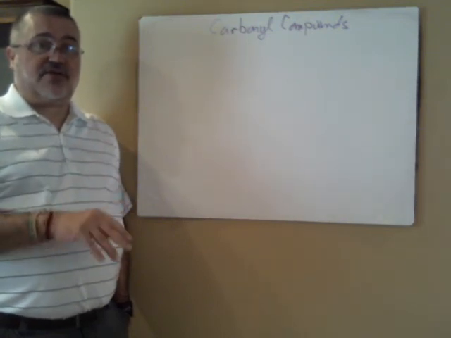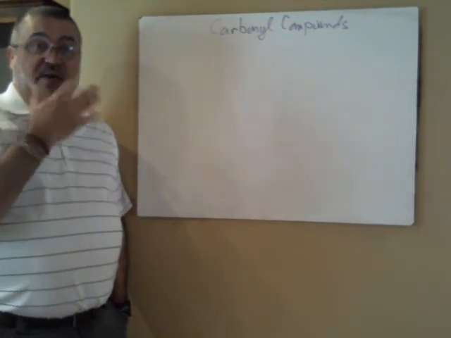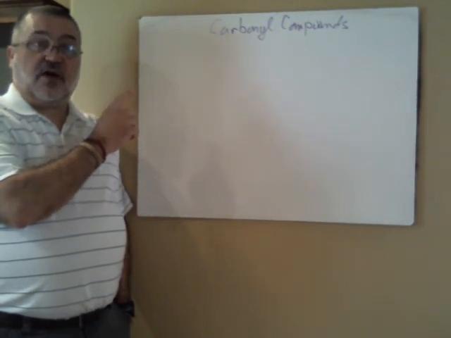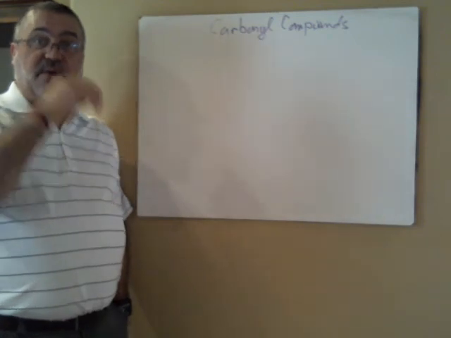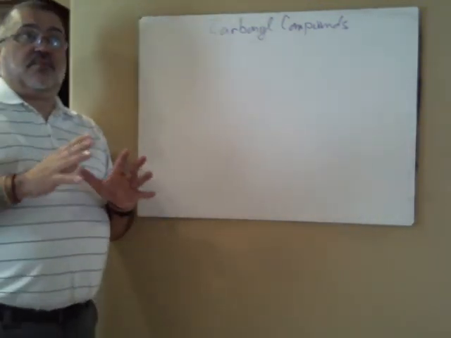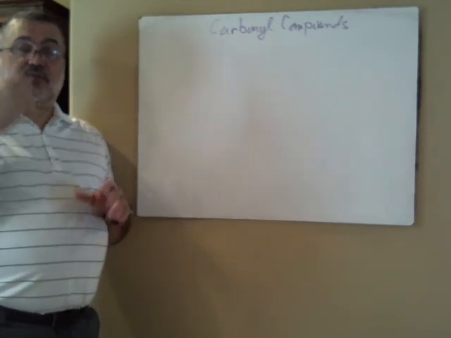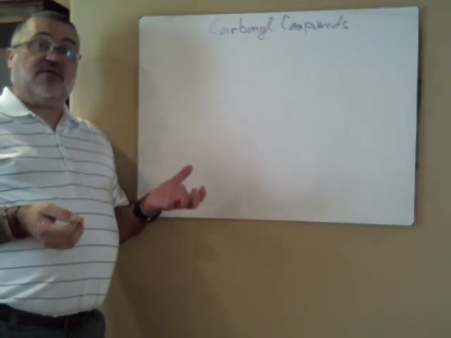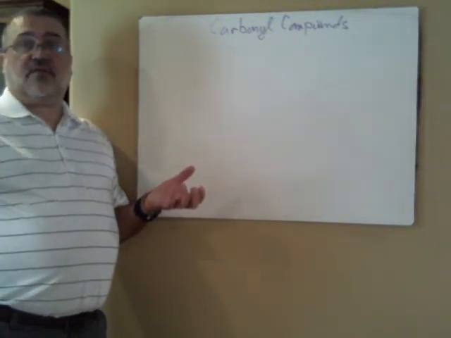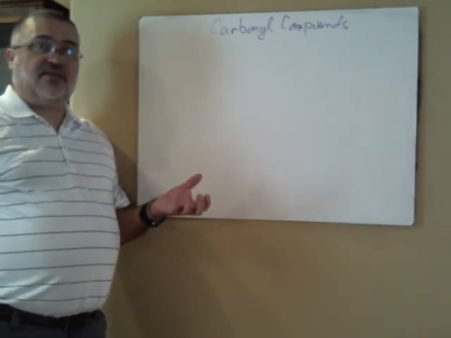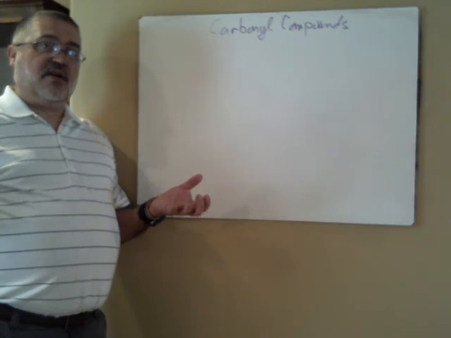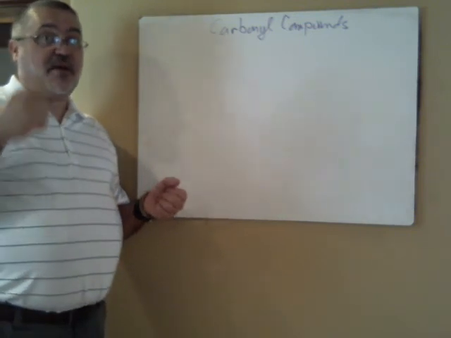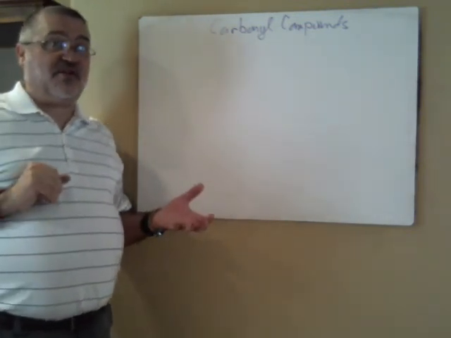And so some of these lectures may run a little longer than others because I'm going to stop here in a second because the next lecture we're going to do an overview of carbonyl compounds. So I'm going to talk about something that's going to be reviewed from a week ago, and that is there are really two kinds of carbonyls: ketones and aldehydes, and everything else. Ketones and aldehydes do addition reactions. The other carbonyl compounds do substitution reactions,